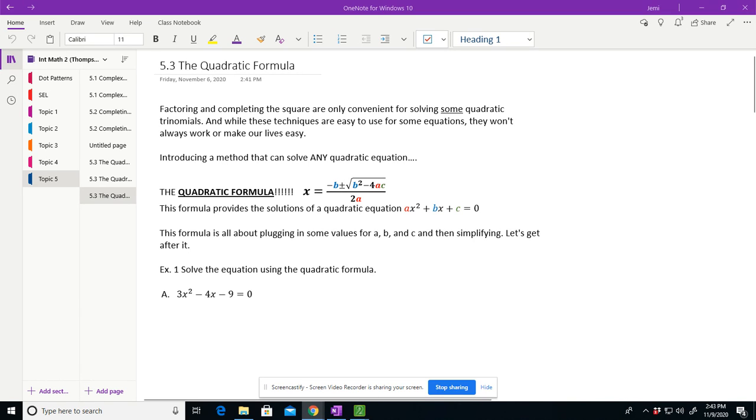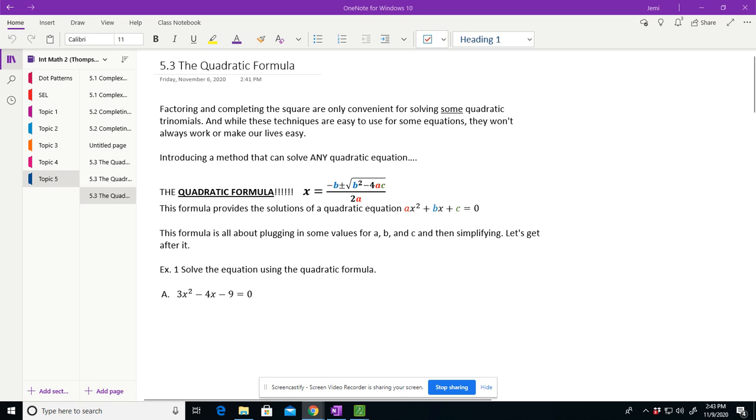But this is really only convenient for some of our quadratic trinomials or quadratic equations. Sometimes factoring and completing the square are really easy, and sometimes they don't do us any favors. So it's important to have a method that'll work for any quadratic equation, and we have that. While factoring is only convenient for certain kinds of quadratic equations, the quadratic formula works for every type of